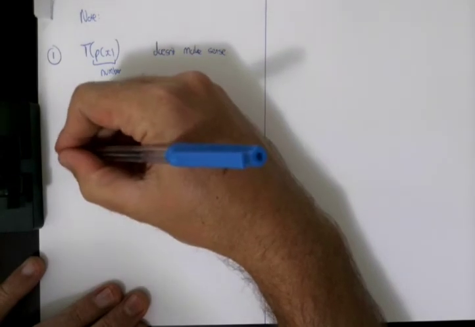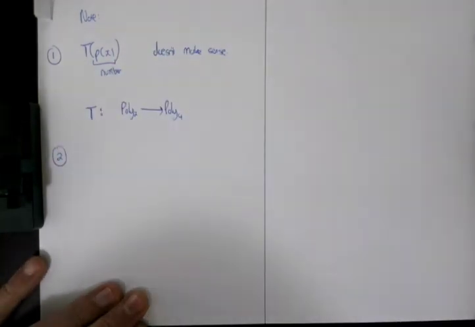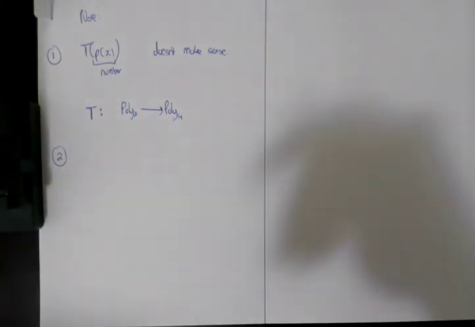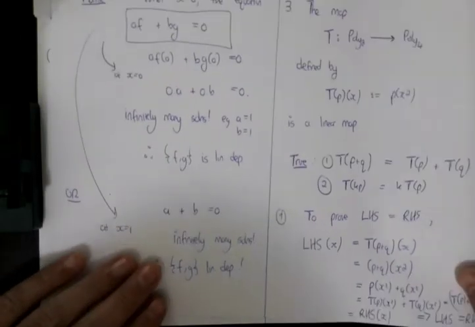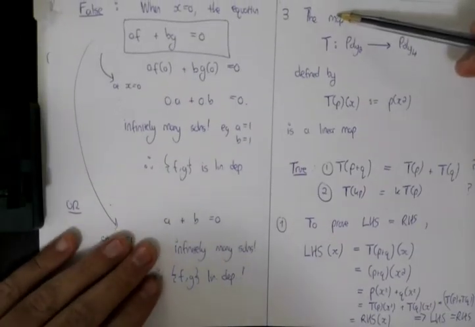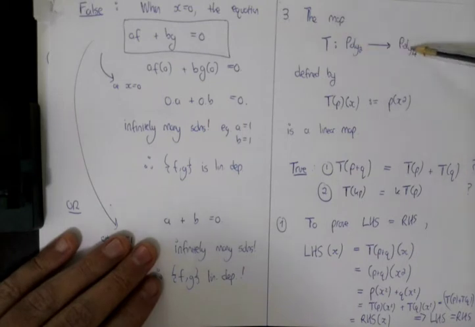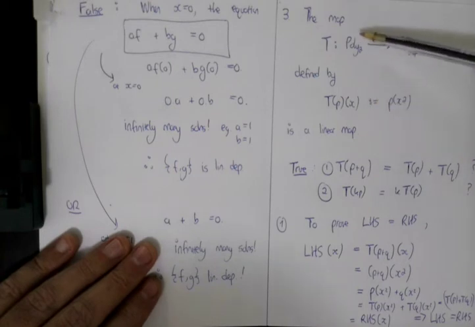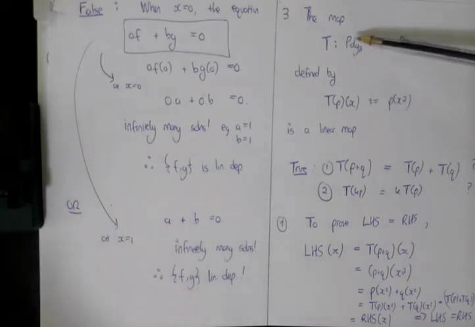Okay. Secondly, a lot of you, so let's just look at the question again. The statement is that the map T from poly 2 to poly 4 defined by this formula is a linear map. That's the statement. So some of you looked at the statement and reasoned that what's being asked to prove here